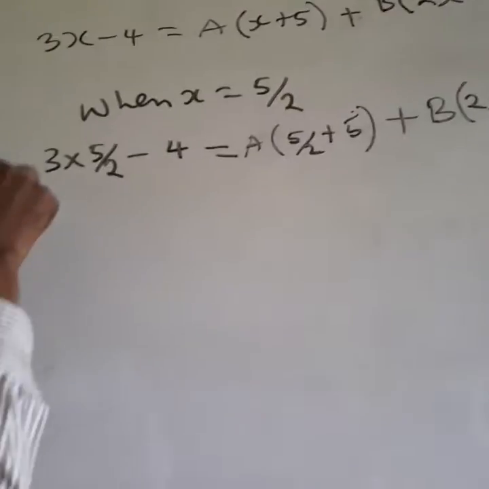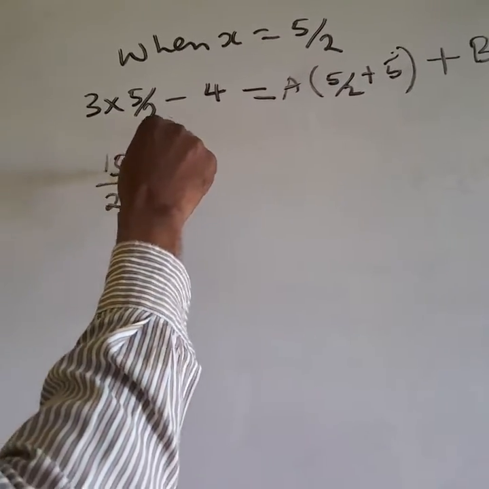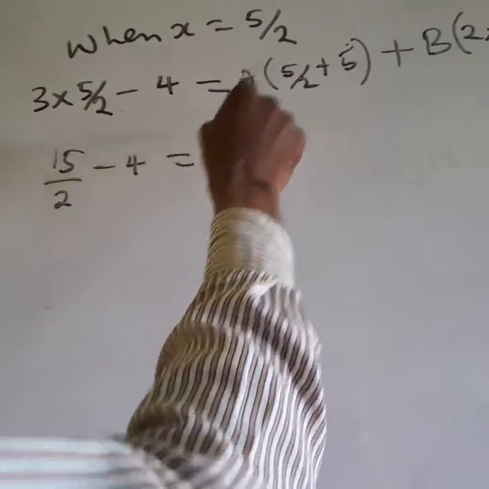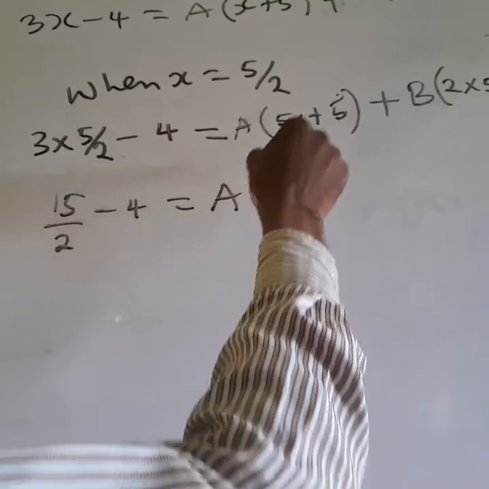So here we'll have 15 divided by 2 minus 4 equal to a into,